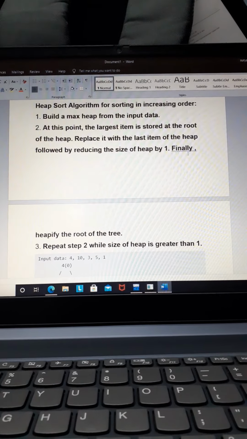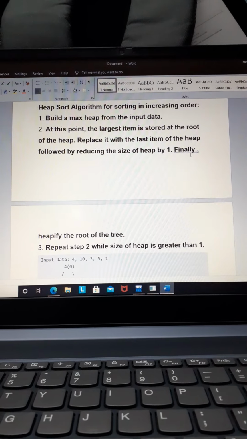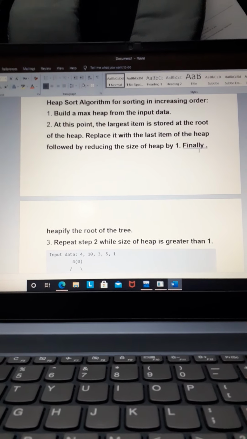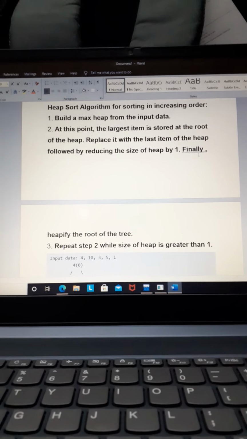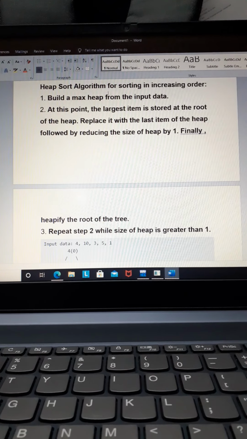Each time we do the process, we get the next smallest value, continuously, in increasing order. Thereby we get a sorted array in increasing order. So this is the basic idea behind the heap sort algorithm.